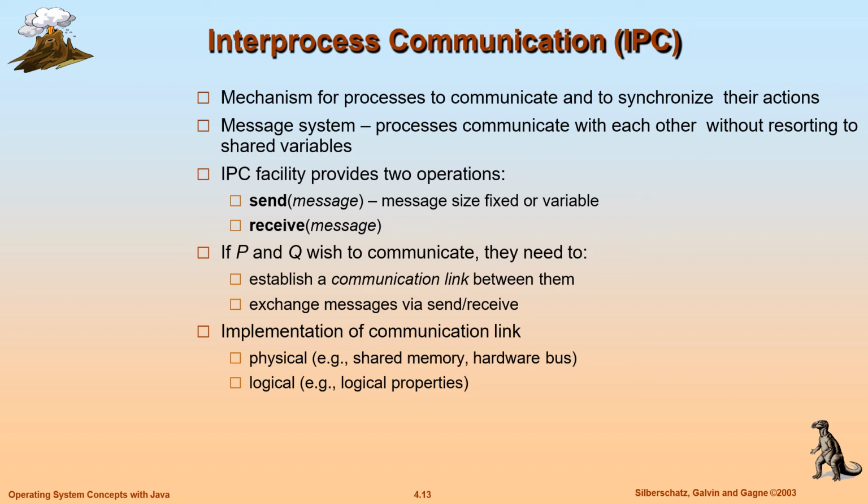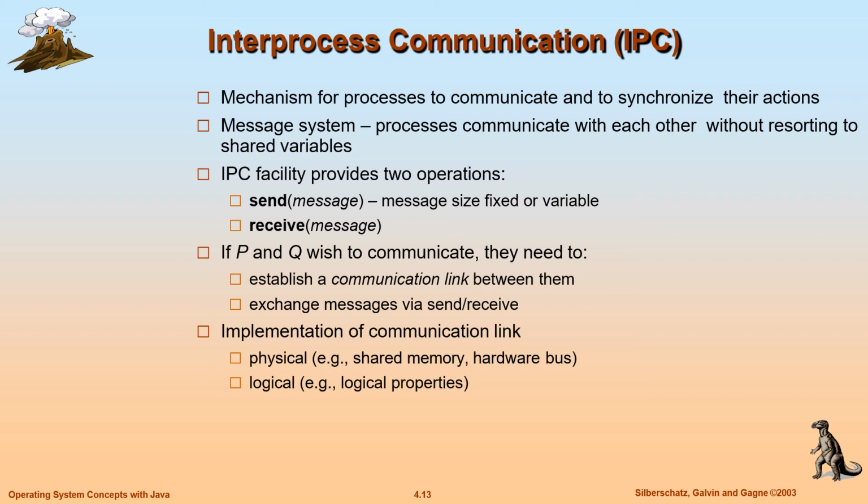We have seen the bounded producer-consumer problem. Both share the same buffer. That is the exchange of data and information. There are two fundamental models of inter-process communication, as we discussed earlier. Number one is shared memory. Number two, message passing. In the shared memory model, a region of memory that is shared by cooperating processes is